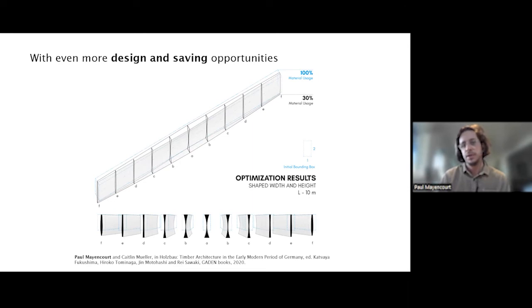And you can see this example here of a beam that had an initial aspect ratio of 1:2, and in that optimization, we allowed the beam to grow a bit in depth in some places, but also get narrower in certain other places. So you can see that at the center, section A, it looks more and more like an I-beam, where the material to resist bending is placed on top and bottom. And then towards the supports, this section is morphing towards a section that is better at resisting shear forces, that has a belly at the center where you have the highest shear stress. And with this, there is a reduction of about 70% of material use in this element.